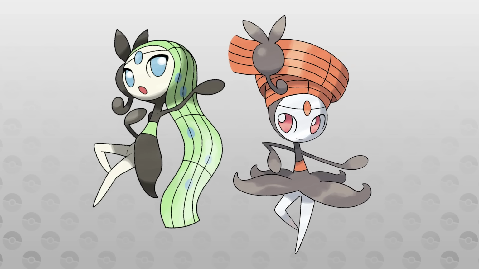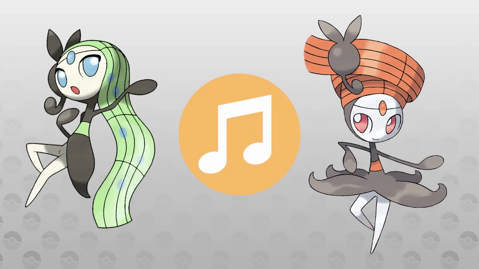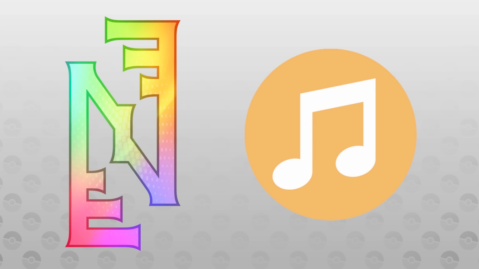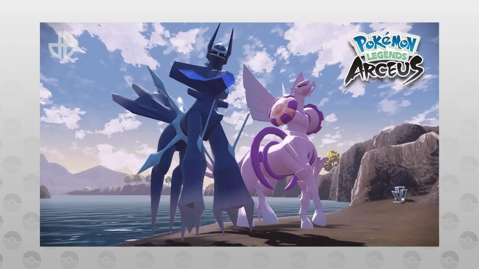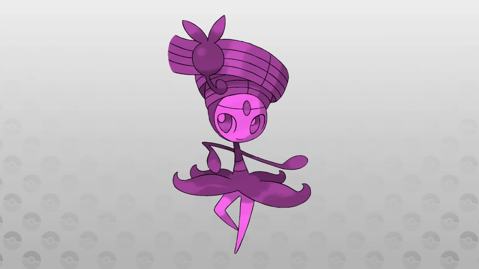A couple of other concepts that never came to fruition are some new forms for Meloetta that I had planned early on in the development of the Cornera region, right after I had come up with nucleotypes. Obviously, Meloetta is a very sound-based Pokemon, and nucleotypes are the origin of the sound type being discovered in Cornera, so I thought up an origin form for Meloetta that would have been Sound Fairy. After giving Meloetta a nucleotype, it could activate this form by using a new move it would learn called Origin